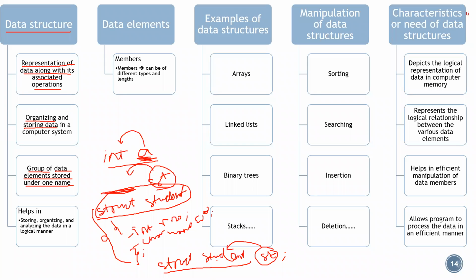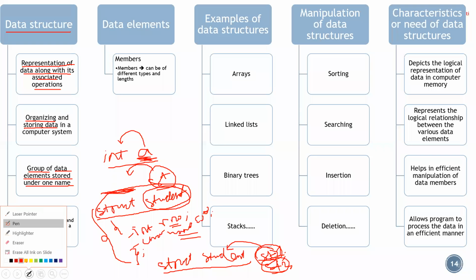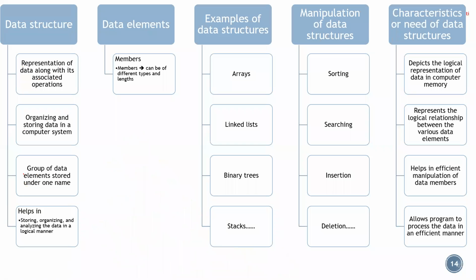So this name which is there, I can use in common to identify different student details. So I can write st1, I can have st2, so on, I can continue. So student one's information will be in this part, student two's information will be in this part. Student one will be having his roll number and name entered, student two will be having his roll number and name entered. So you are grouping those elements. So that is what this specifies. Using a single name, you are grouping those elements.